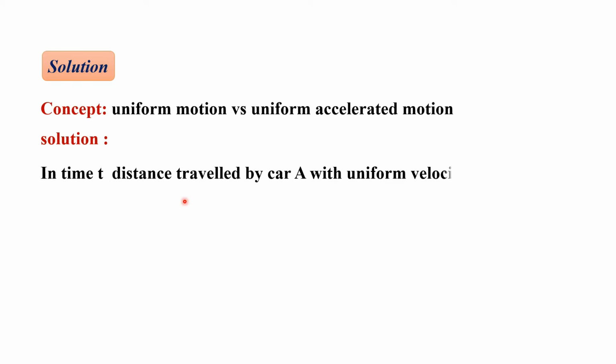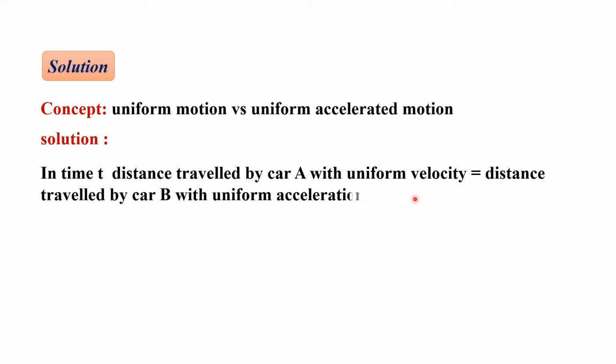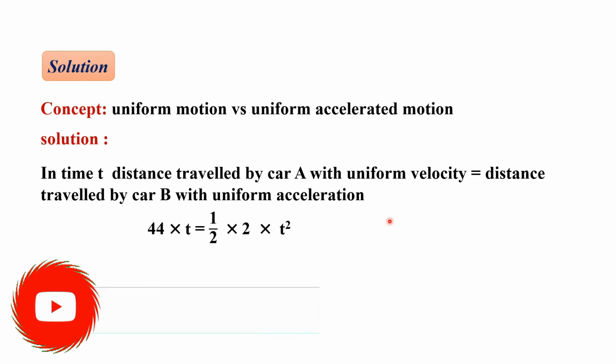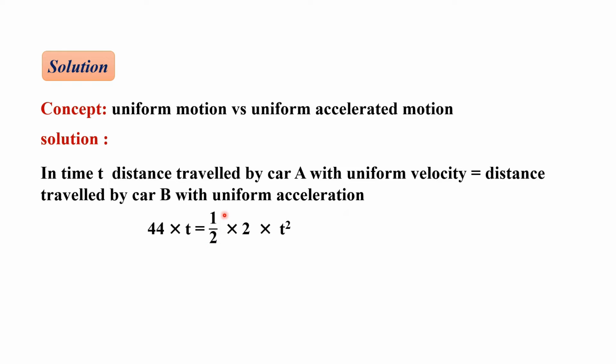In time t, the distance travelled by car A with uniform velocity is equal to the distance travelled by car B with uniform acceleration. Distance travelled by car A is 44 into t, which equals half into, starting from rest, u is 0,